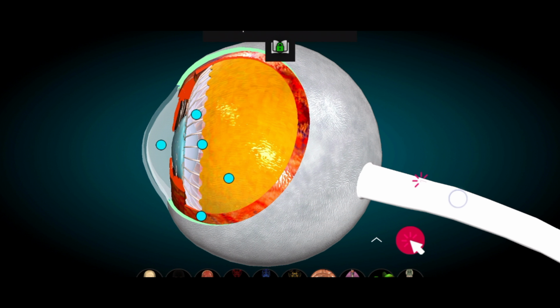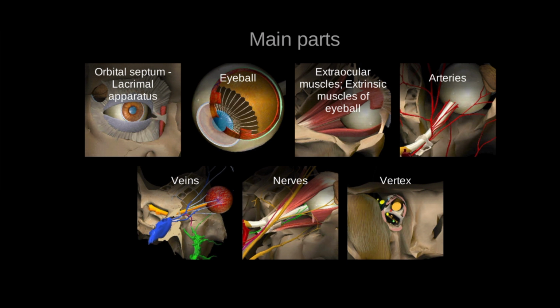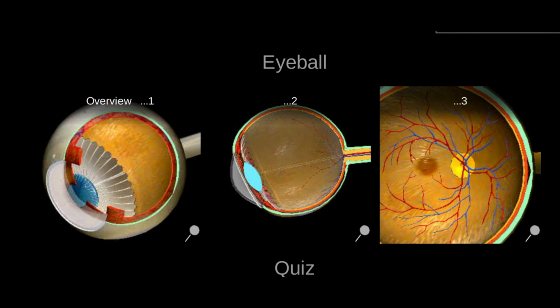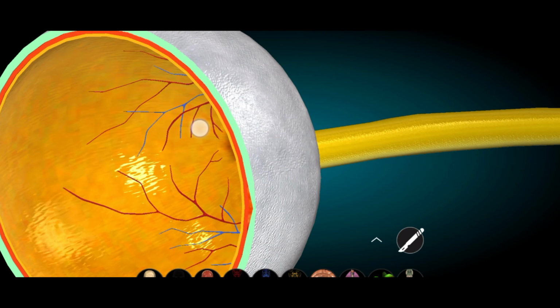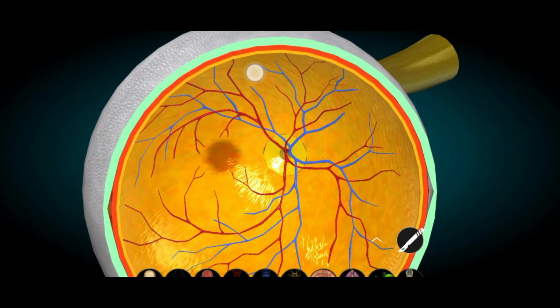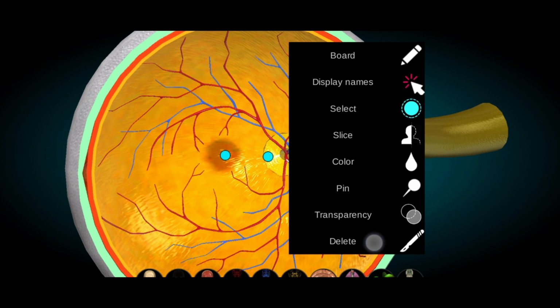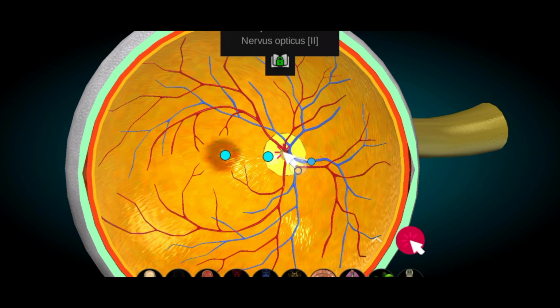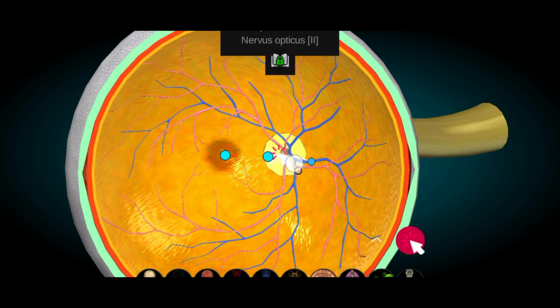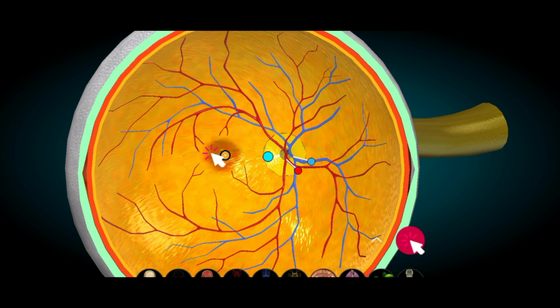Now this sheath is the optic nerve sheath. Now this is the inner part of the retina. Here you can see this is the inner part of the retina, and this spot is where the optic nerve is piercing through. This part is called the macula,